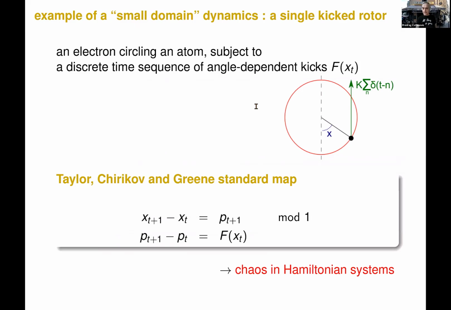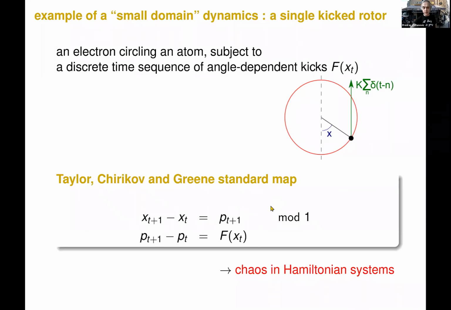So the usual way we teach chaos for people who care about physics, we say, look, think of an electron circling an atom, and I shine laser light on it. I want to ionize it. So that's called a kicked rotor. And I look at the simplest solution that it runs on a circle, and at every time t, instead of having a sine exciting, I'll give it a kick. That turns it into Taylor-Chirikov-Greene standard map, where the time intervals are these labels here.